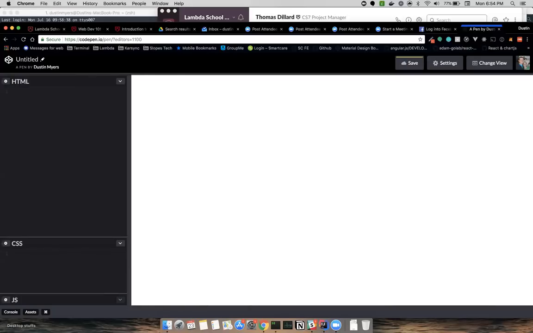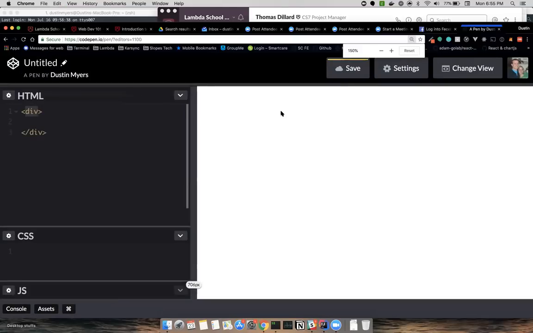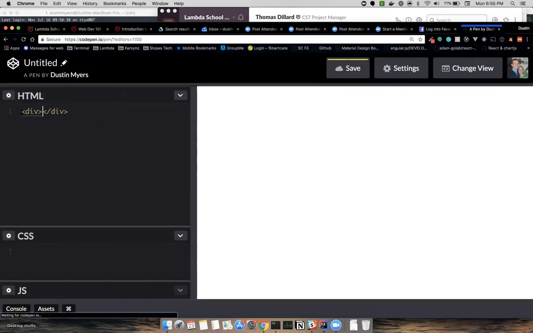One of the most commonly used elements is a div tag. So when we're writing HTML, you always use this open caret, and then you write the name. Make this a little bit bigger. So use this caret syntax where you've got the open caret and then the name of the element and then a closing caret. So this is an HTML tag right here. And this is an HTML closing tag.